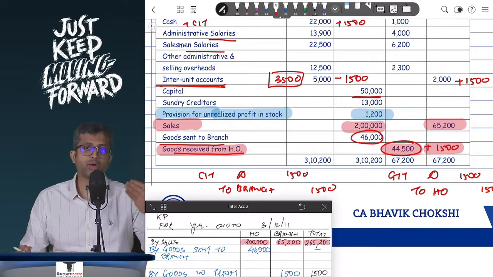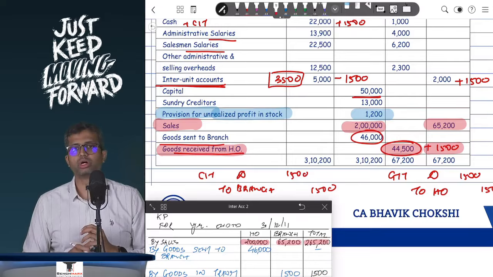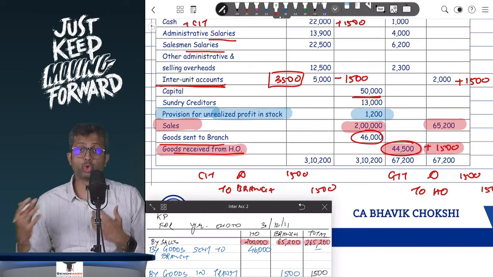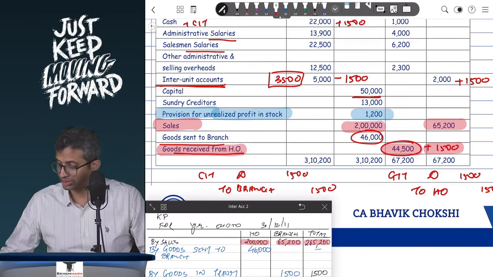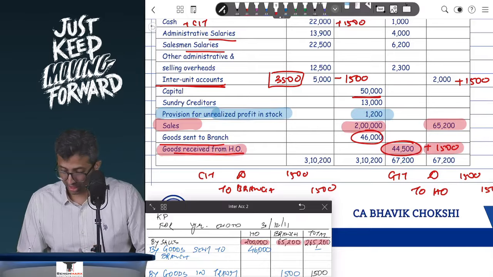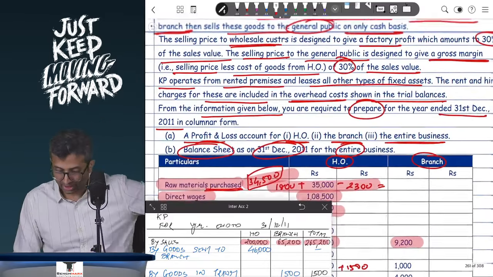Now, head office directly sells to wholesalers. So 2 lakhs is the sales to wholesalers. 2 lakhs into 30%, this will be 60,000. But other than that, the head office has also sent goods to the branch on which it has made a profit. If I go to see,